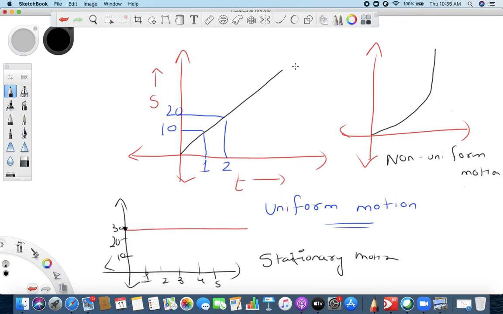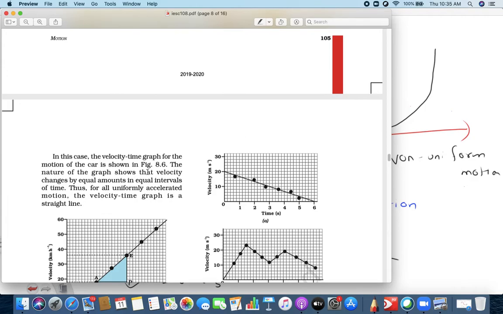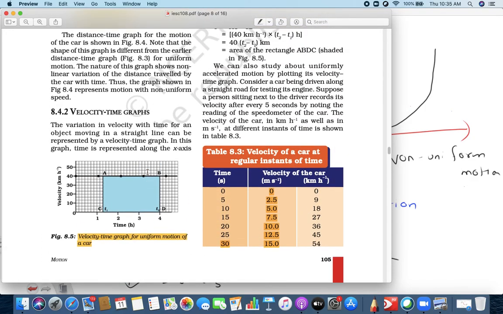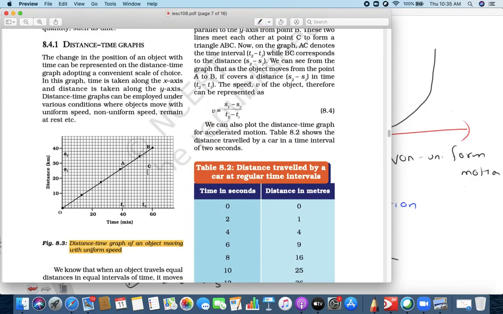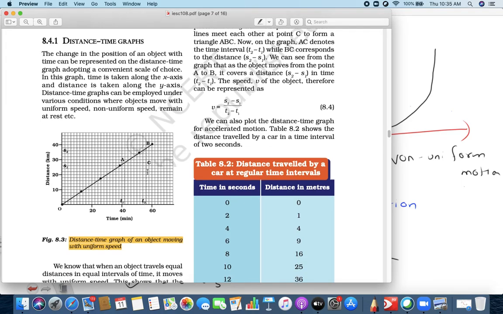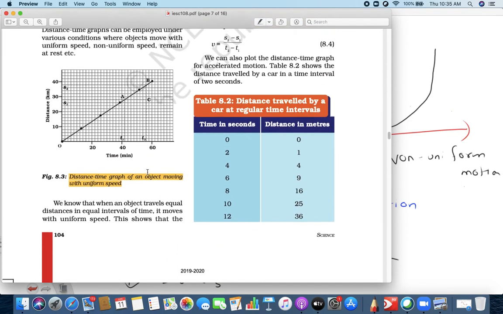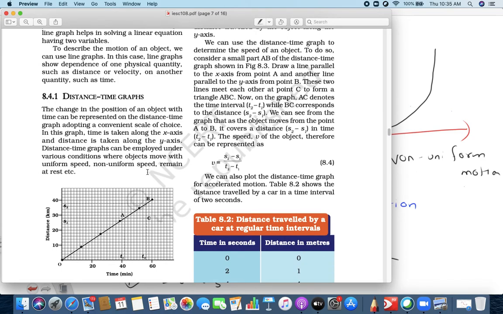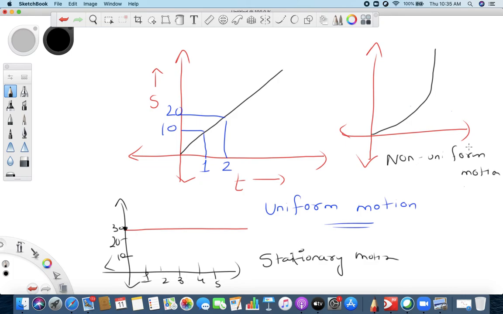Okay, fine. Let me show you these three in our textbook also. So we learned three graphs from distance versus time. We are going to see more graphs with the velocity-time graph, which I'll help you with later. So we learned two things today. One is acceleration, that acceleration is changing with respect to time, and the second thing is this. I'm sure you're getting what I'm trying to say.